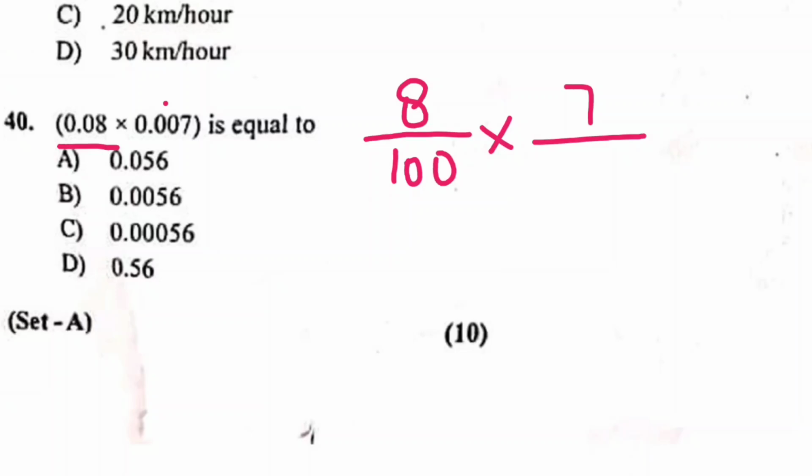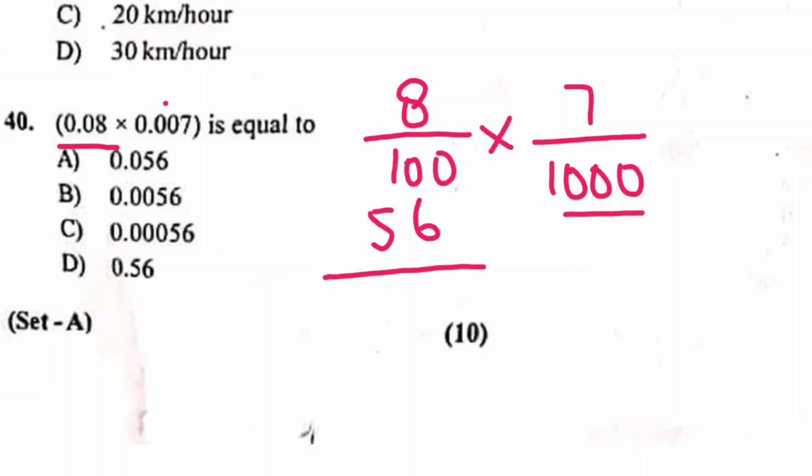Next question is, what is 0.08 times 0.007? So can we write 0.08 like this: 8 upon 100, and 0.007 is equal to 7 upon 1000. So it becomes 7 8s are 56 divided by, so we have 3 plus 2, 5 zeros. So we have 1 and then 5 zeros: 1, 2, 3, 4 and 5. And this can be written as, simply we write it like this,